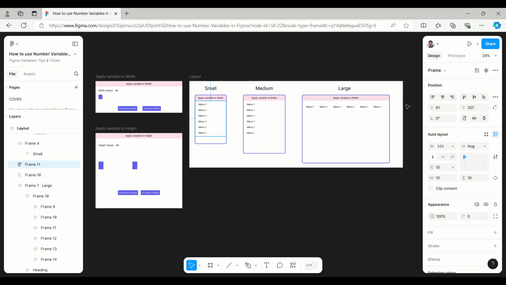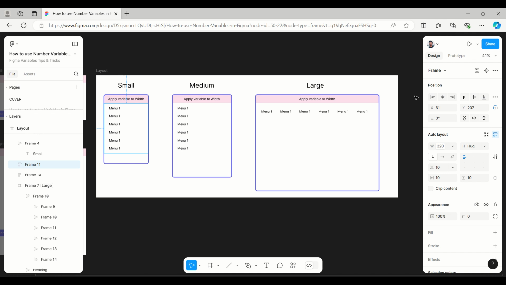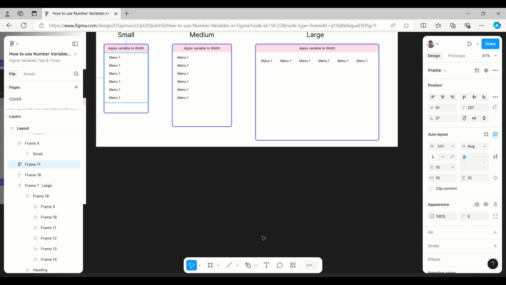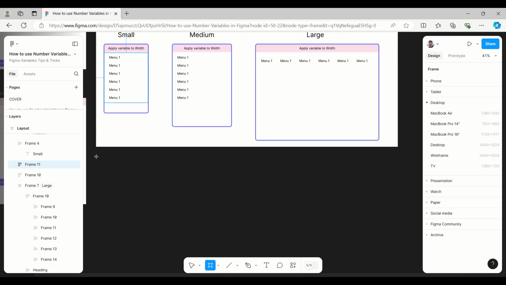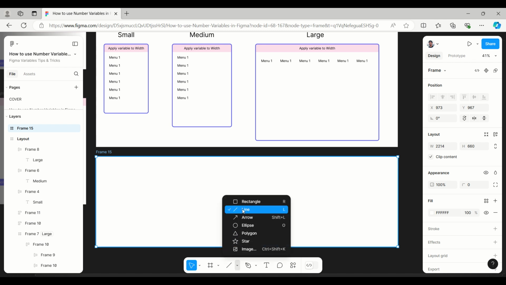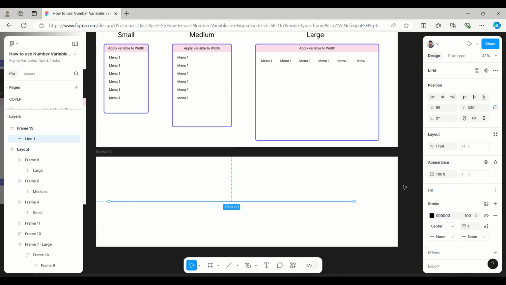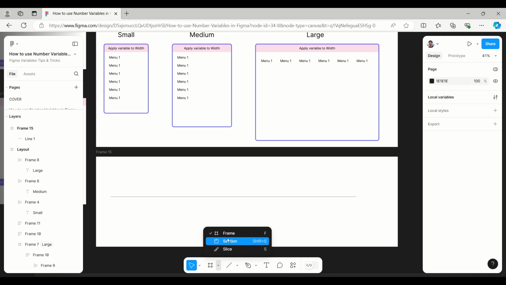Now the next, other than the layout where we can use the width and height with the variables. So generally I am using height and width for the chart because chart value is getting changed. So for that I will take one example. Suppose I'm going to create a bar chart here, and it is having the values. So I will take one frame,